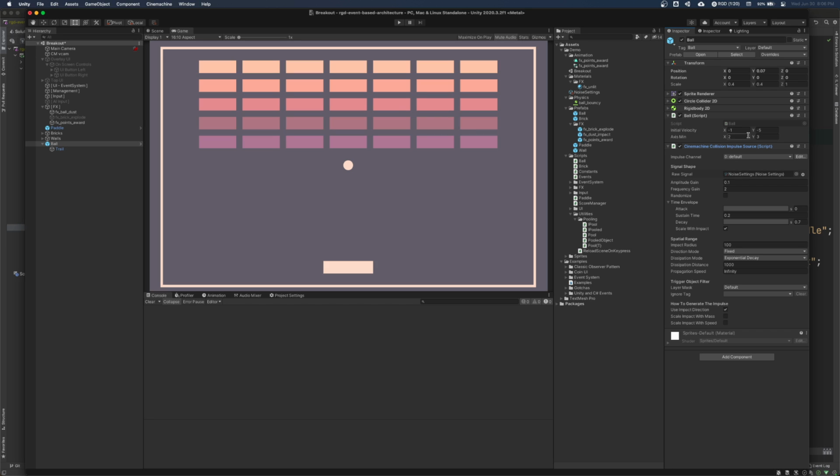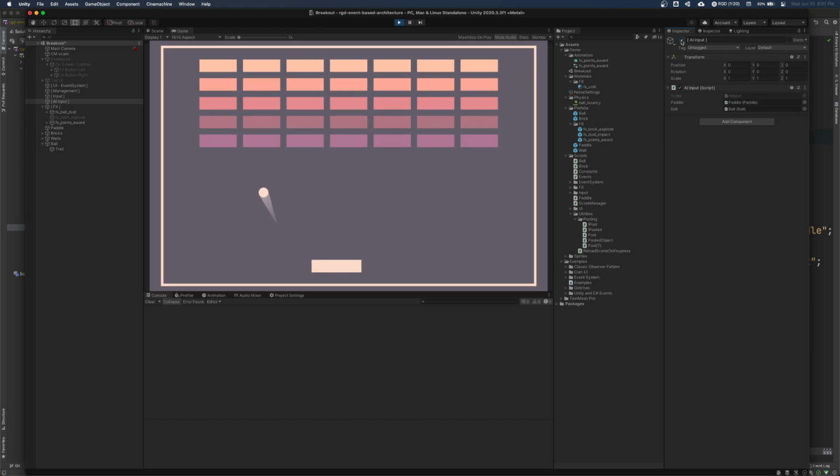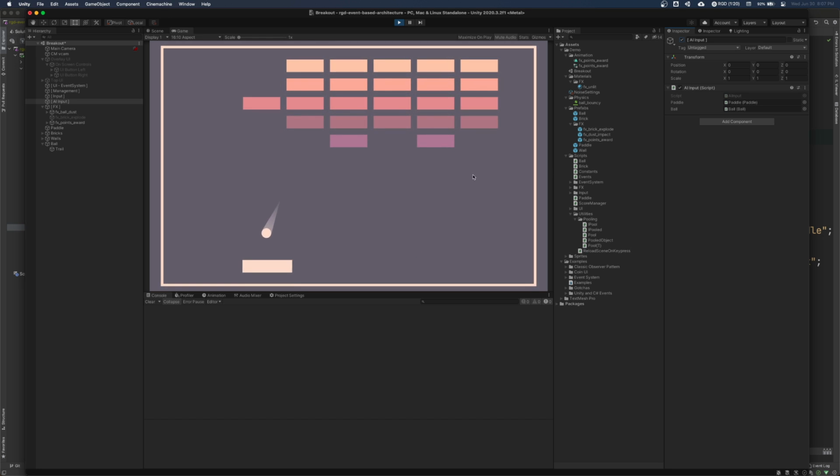Now, if you're not using Unity, if you don't have something like this, and you have your own bespoke screen shake system, you could listen for that ball collided event. It'd work the same. So now, whenever the ball hits something, we get a little bit of wiggle. And again, we get collision information, so we can do things like tilt the camera in the direction that the ball collided, right? So we can bump it in the direction that it collided, and it feels really nice. Now there's already a lot of springiness.